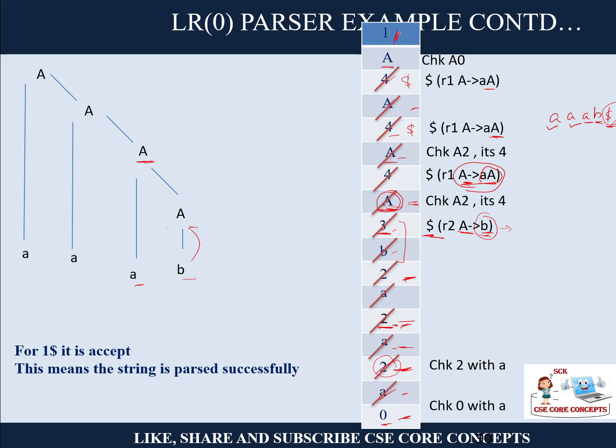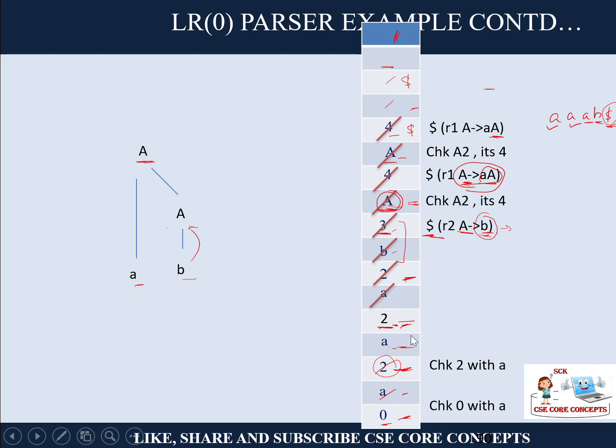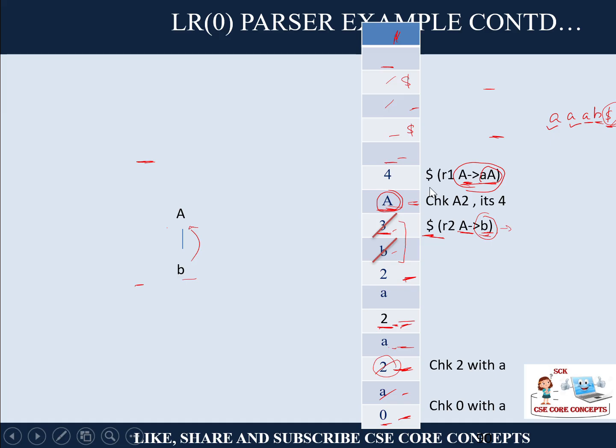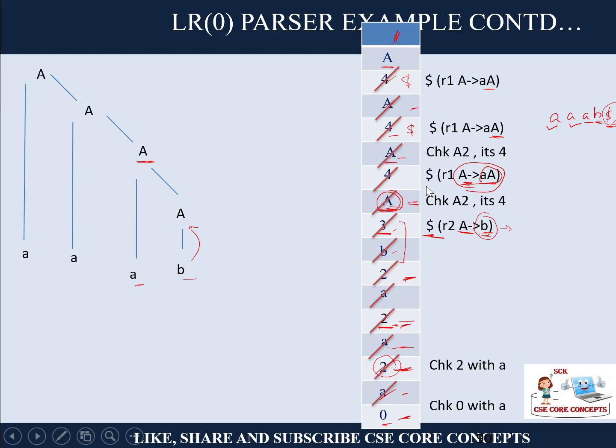What is 1A? Let's see. What is the position of your 1A? Let us see. Closure number 1 and dollar. $1. Sorry, not 1A. $1. $1 is accept. So because our string is still what? It is accept, right? So it will be 1 and check A0. So A0 is giving you 1. So 1 and dollar, string is dollar, right? $1 is accept. So when you reach accept state, your parsing is done.